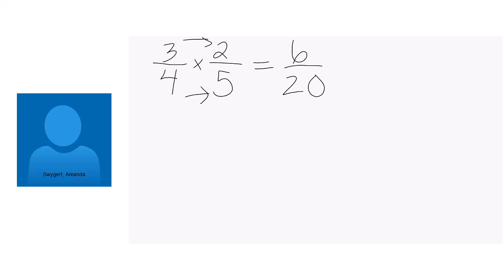Now, you can type it in, like I said, if you have the fraction buttons. You can even type it in if you don't. The way I would probably do it, you should have a parenthesis, whatever calculator you're using. It would be parentheses 3 divided by 4, close it, times parenthesis 2 divided by 5, close it, and it will give you an answer. Try it with whatever calculator you have right now, or if you have the fraction buttons, you can even do that too. Let's see what it gives you.